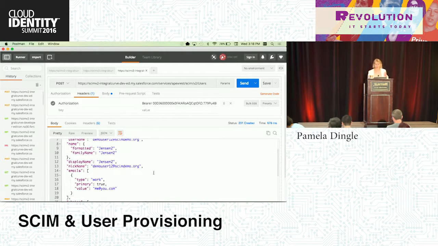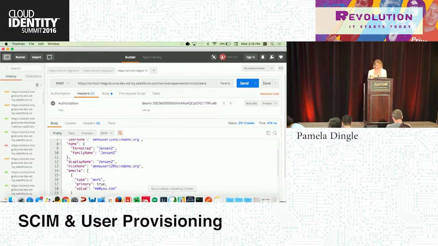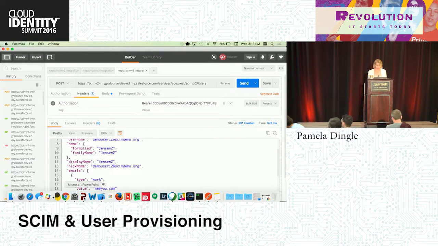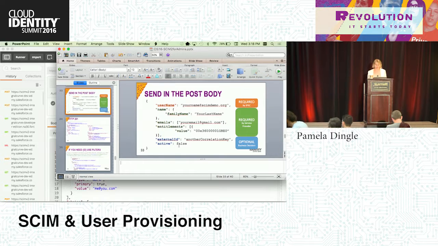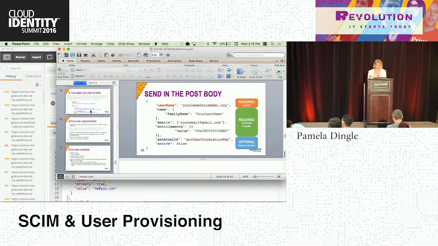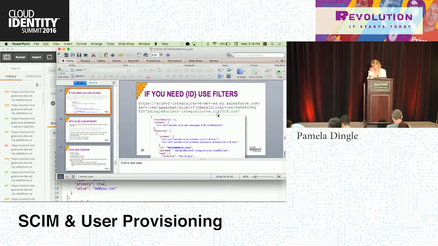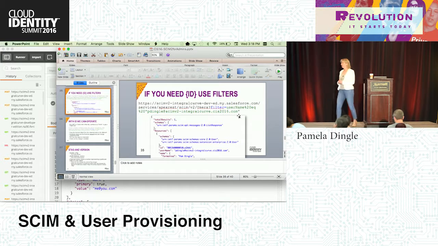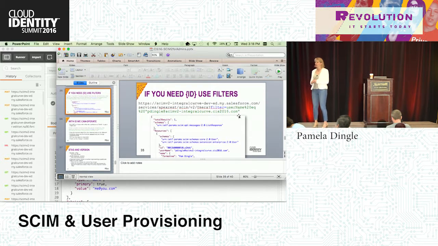So we're getting to the end of this. There's a couple things I just want to go over. We can keep playing with this, keep trying to create things. I want to just show you a couple of things so that you have tools to play after this. Filters. Filters are important. You can use a filter to search on one user rather than just getting all users every time by doing a plain old GET on /users.